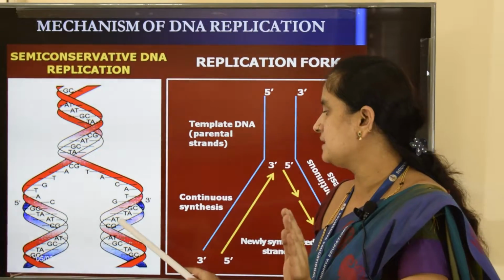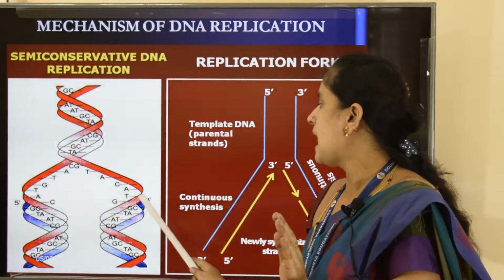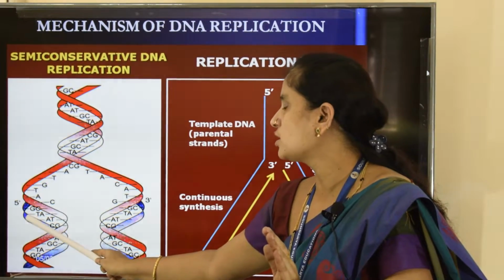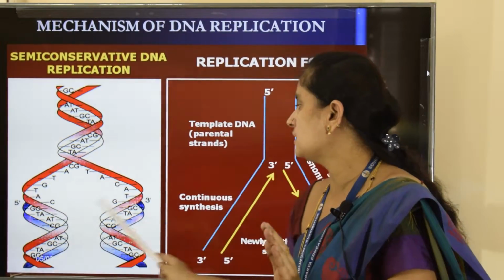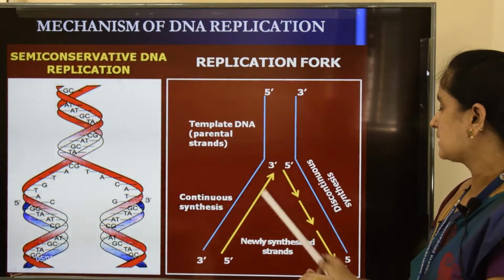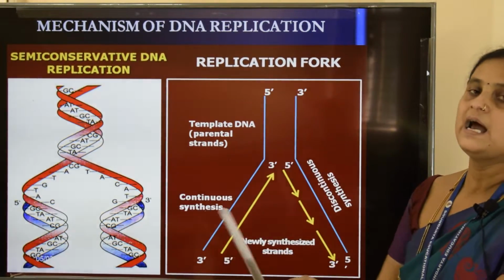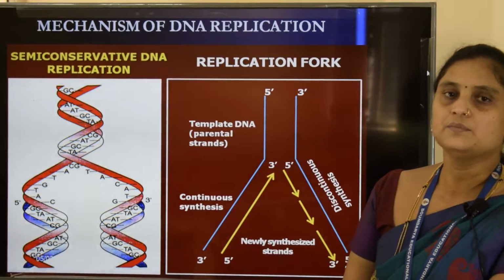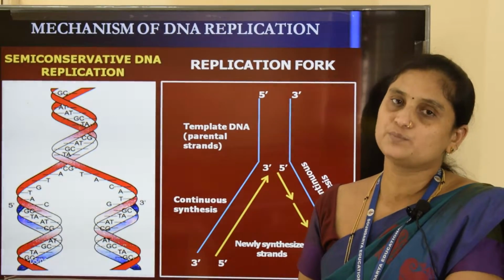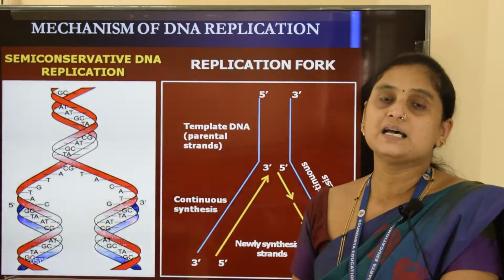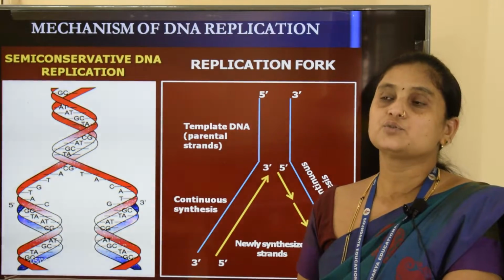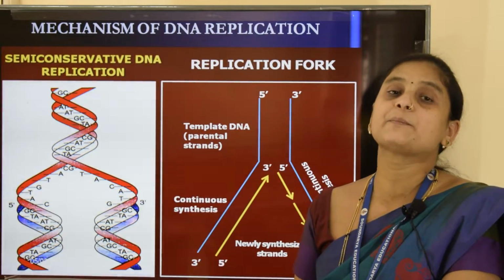Each separated parental DNA strand acts as a template strand, on which the new complementary strand, which is in blue color, is going to be synthesized. Here I will modify the same diagram a little bit and give it to you as a self drawn diagram. So you need to practice this diagram. It will be asked in the examination once again for 3 marks to draw a neat labeled diagram of replication